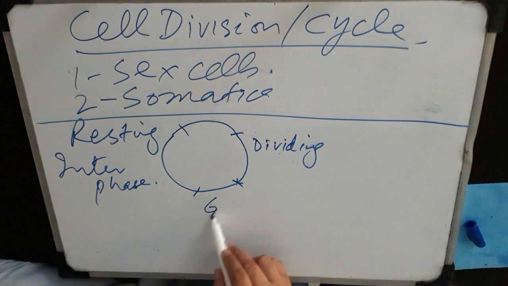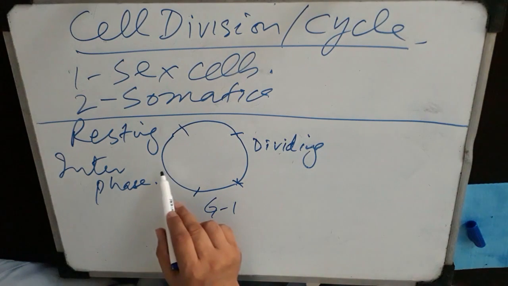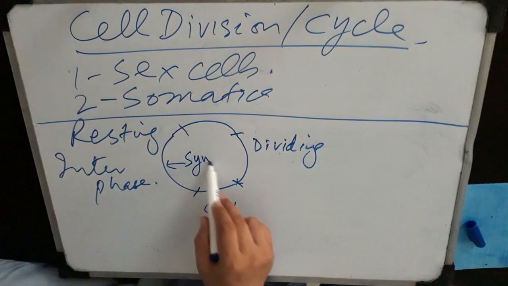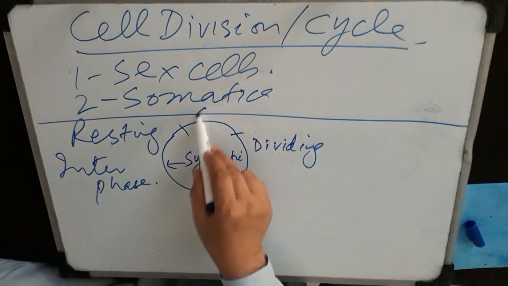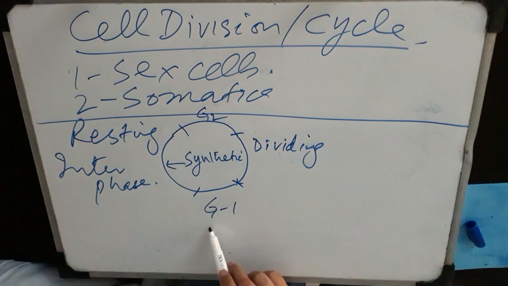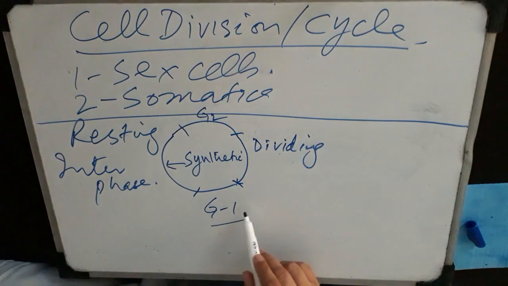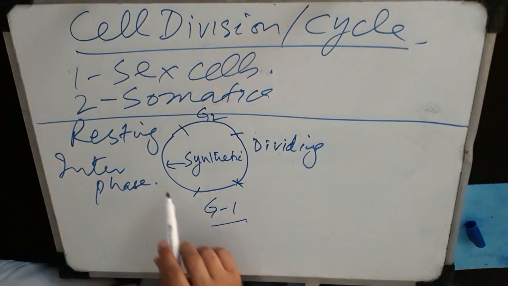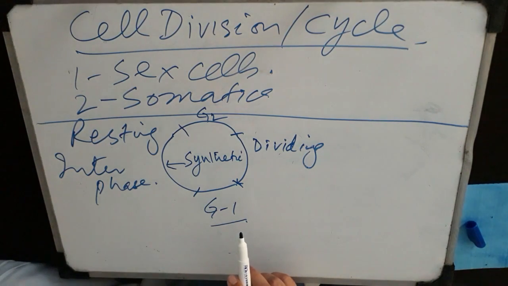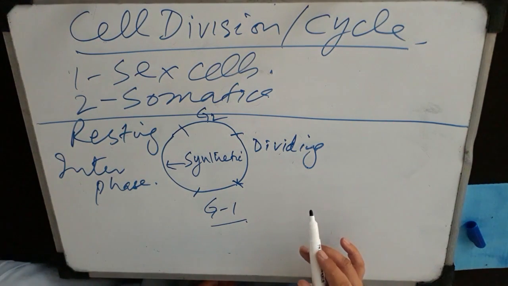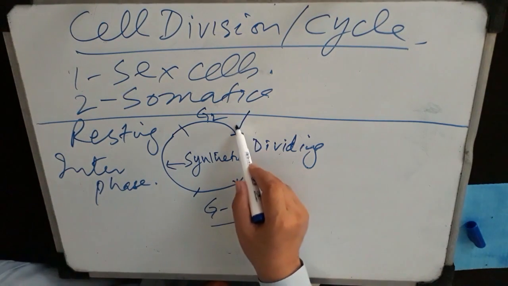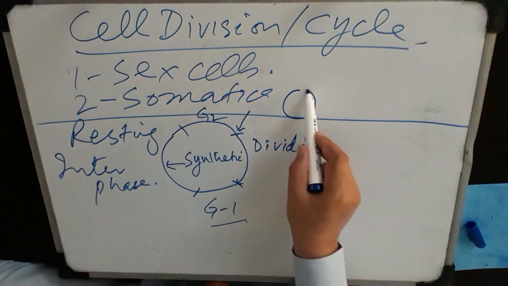The first is the gap 1 period, the second is the synthetic period or S phase, and the third is gap 2. During gap 1, RNA synthesis and protein synthesis occur, and during the synthetic phase, DNA replication occurs and there is doubling of the chromatin material and chromosomes. Then during the gap 2 period, the cell is ready to divide and becomes the parent cell. At this stage the somatic cells